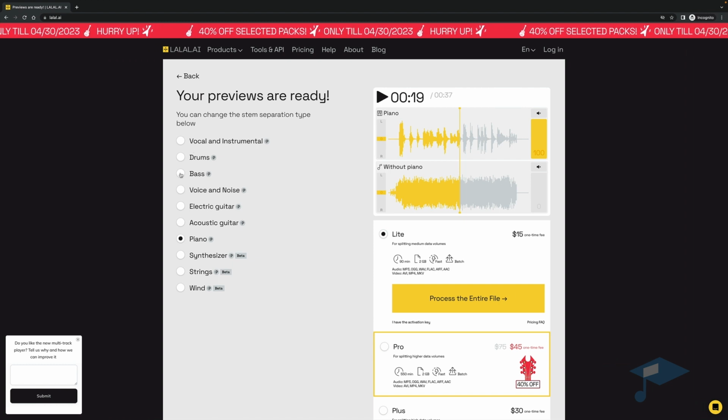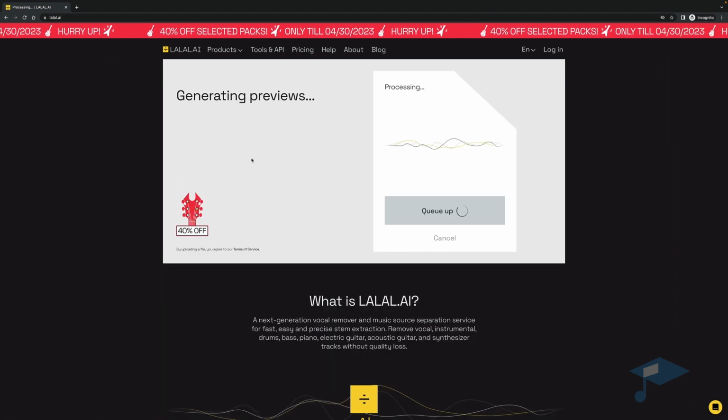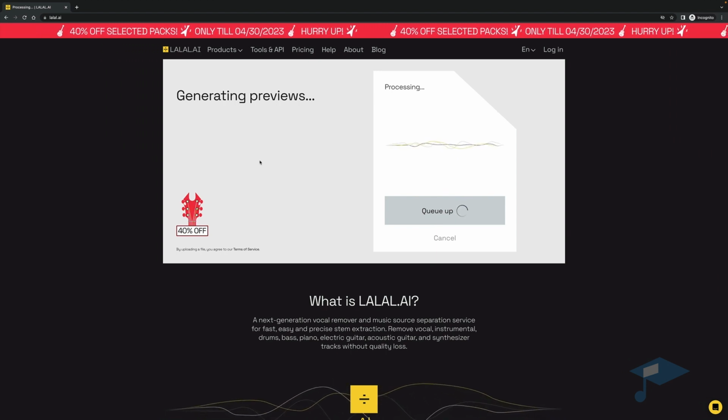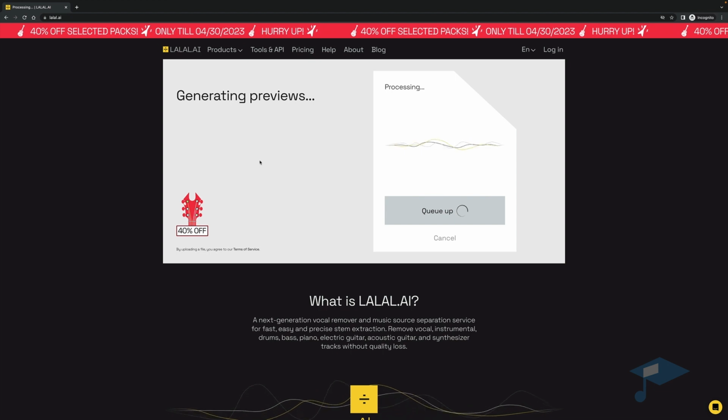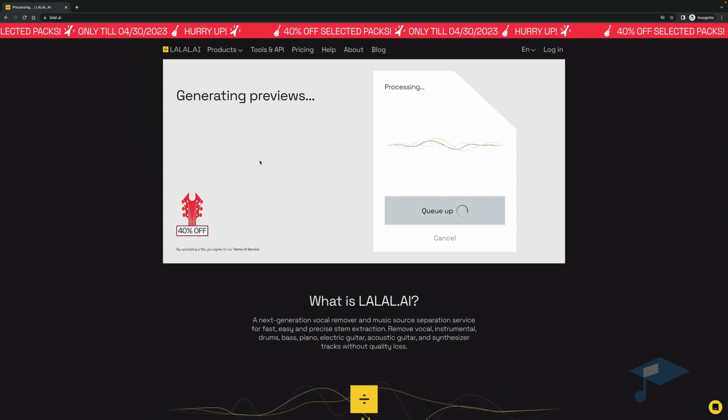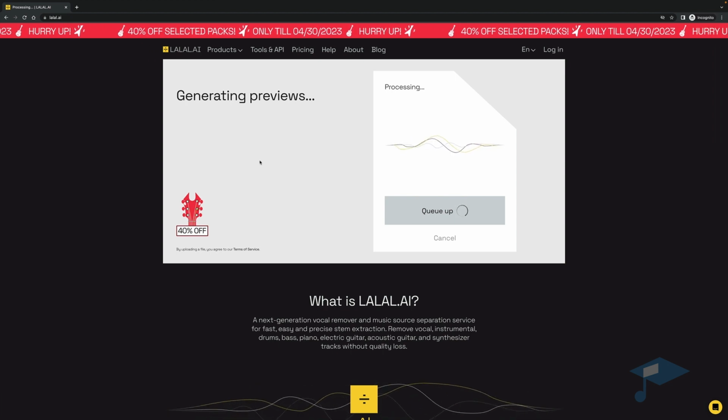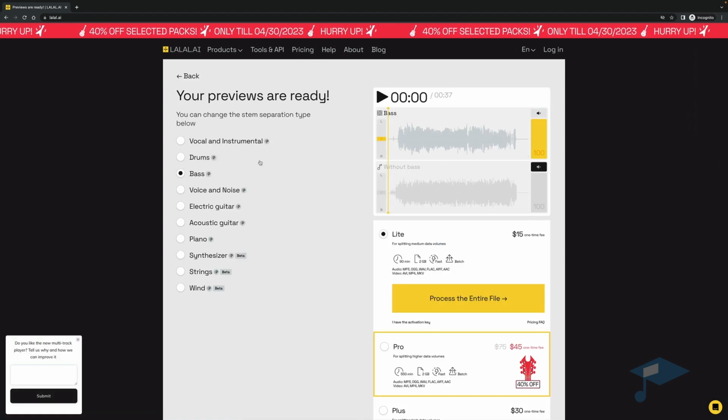Like I said, the bass here, we can just click on this. The AI will do all the magic in the background. It's processing, it's queuing it up. When that all happens, it comes back and does the exact same thing. You'll have the bass track on top, and on the bottom, you'll have the track sans the bass. All right, let's take a look at that now. It tells you here. So we've got the bass by itself.